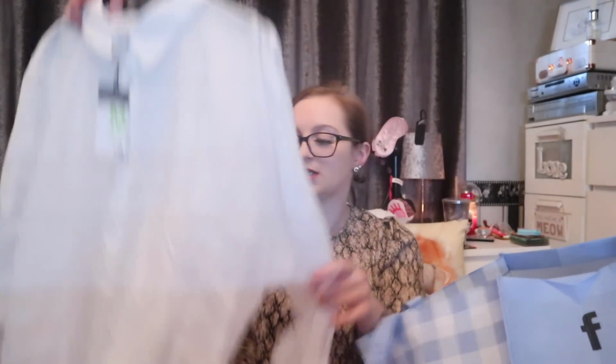However, I picked a beach shirt up, my lovelies. Now, they had these in pink, black and white, but I thought I'd go with a classic white. £8, which I didn't think was too bad. I don't really know how much beach shirts normally are because I don't think I've ever bought a beach shirt. I'm still in the era where I buy caftans and throwovers. I don't feel sophisticated enough for a beach shirt, you know. But I picked this up in a medium, which is a size 12 to 14, £8, just because I wanted